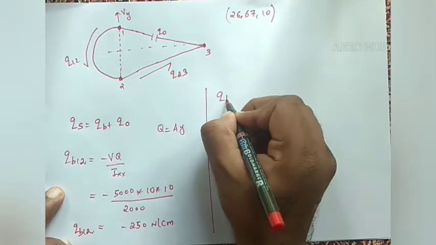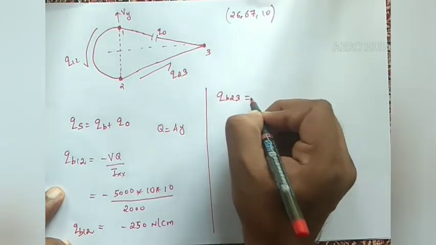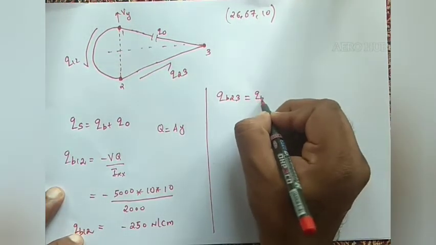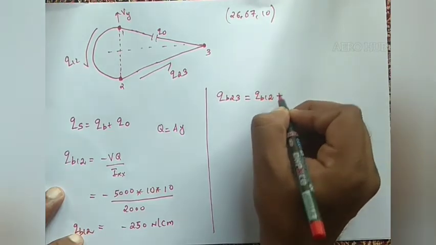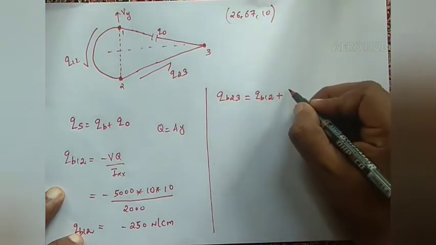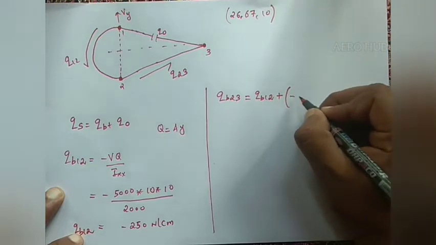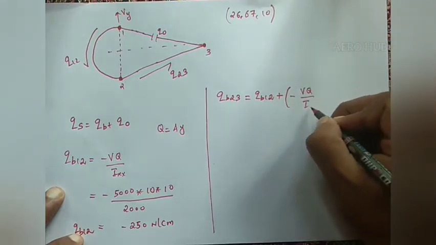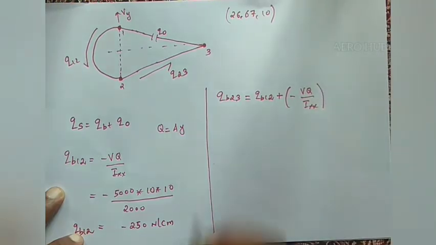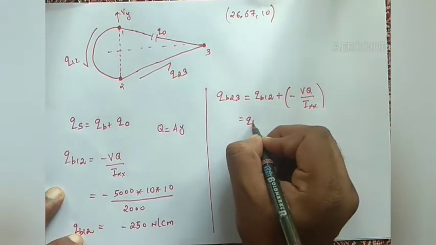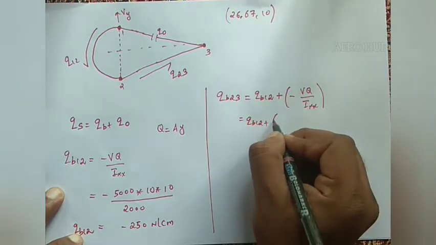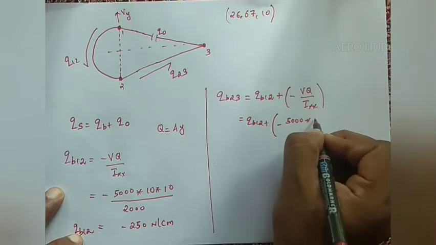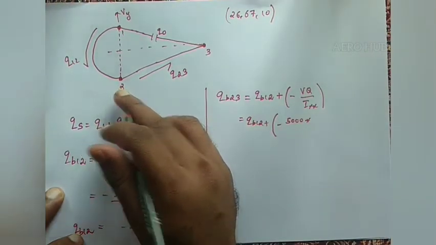For qb23, we have to consider the shear flow for the previous section, that will be qb12, plus for the portion 2-3, minus VQ by Ixx. So qb12 plus minus 5000 into the area of boom area 2, which is 10,